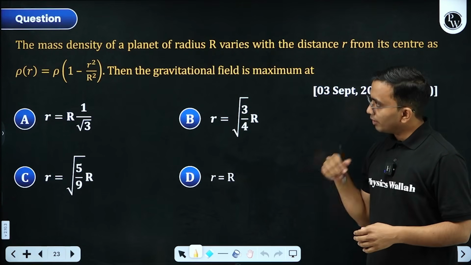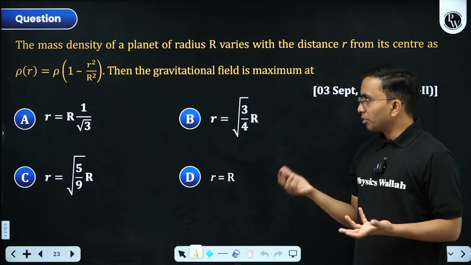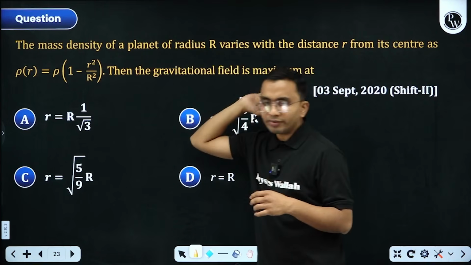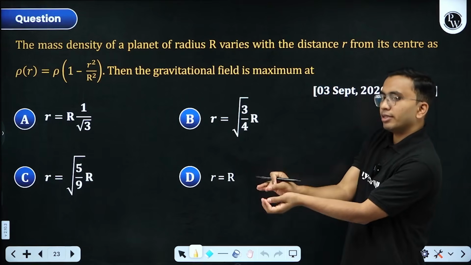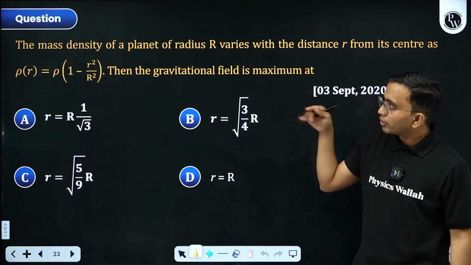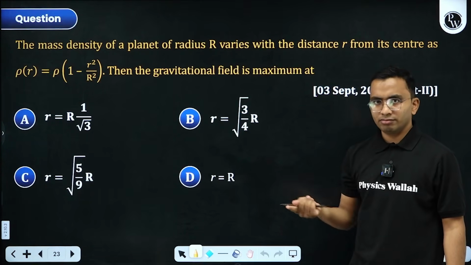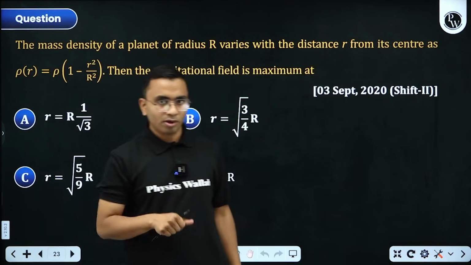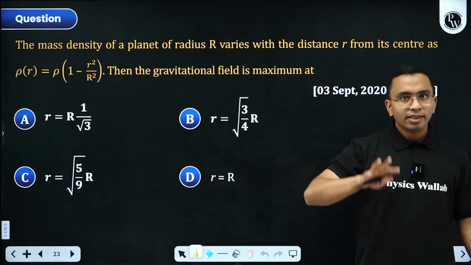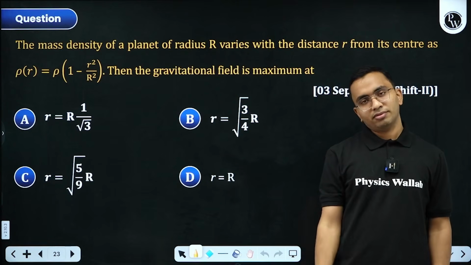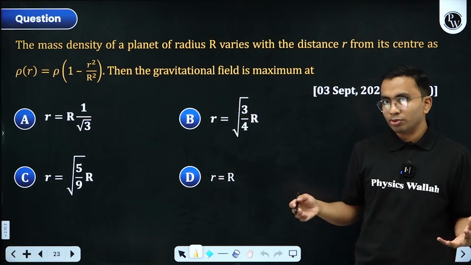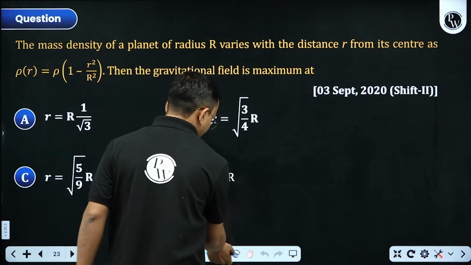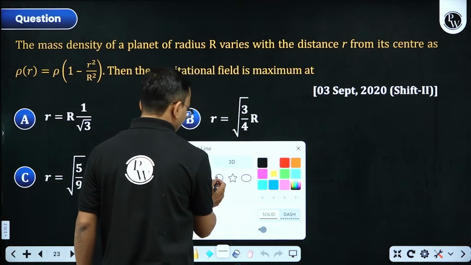Certainly that will be inside only, or critically maybe on the surface, because if you talk about outside, when you move away the gravitational field decreases because total mass is at the center. Outside it will keep on decreasing. So that point will be somewhat inside or on the surface, it may be. Because here the distribution is not uniform. If the distribution is uniform, then the gravitational field will be maximum at surface. This is non-uniform, so we don't know what will be the value of r. For that we need to do integration here to find the expression of the field first.